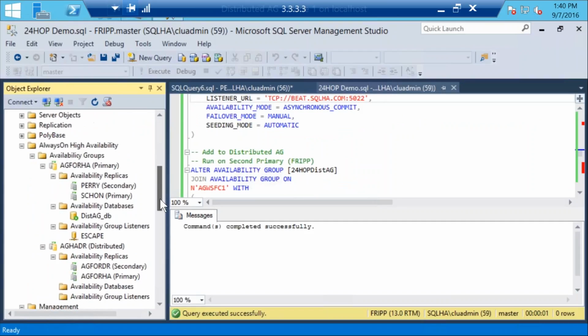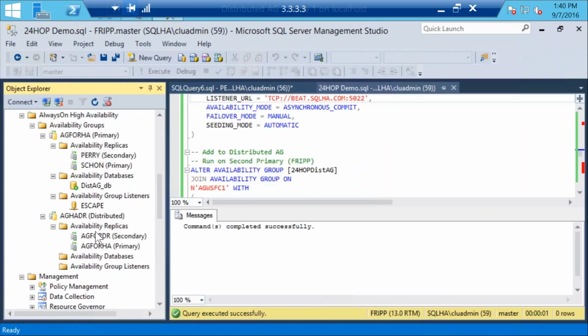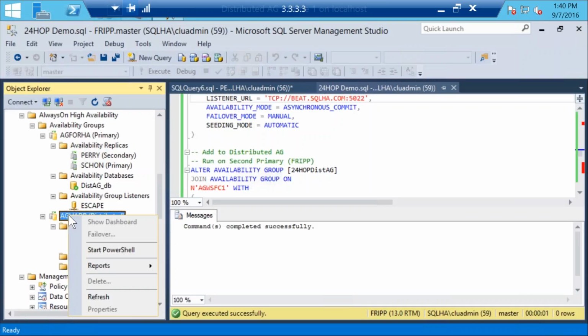So on this, when I have the distributed AG, I can see things here, but if I right-click on this, I can't delete it. I have no options. I'm hoping to talk to the SSMS folks about when they show a distributed availability group. You basically can't see some of this stuff because, as you see, I can't do anything